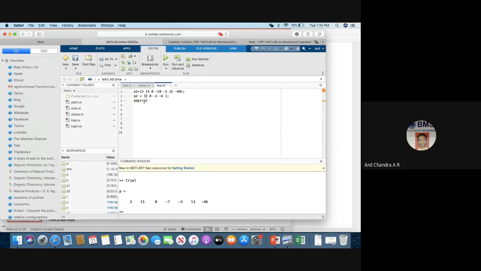So P is equal to conv of P1 comma P2. It's given me some junk in, junk out. It's like 0, 1, 2, 3, 4, 5, 6, 7, 8, 9, a ninth order polynomial. But let's see with 1, 2, 3, what will happen?